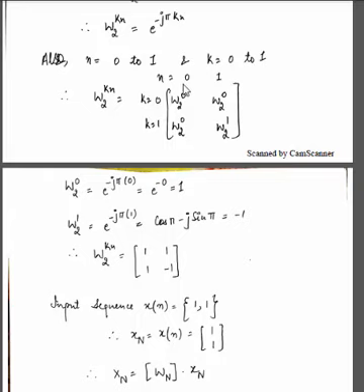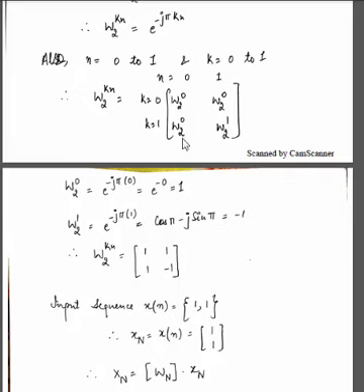So 0 into 0 is 0. That means twiddle factor W2 raised to power 0. Here also W2 raised to power 0. We have W2 raised to power 0, and in the last, 1 into 1 is W2 raised to power 1. Now we have to find the value of twiddle factor 0 and twiddle factor 1 for 2-point DFT. Twiddle factor 0 means e raised to power minus j pi into 0. Kn is 0. E raised to power minus 0 is 1.